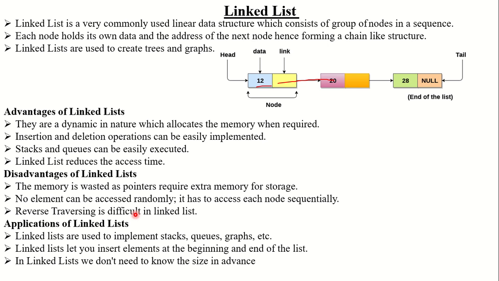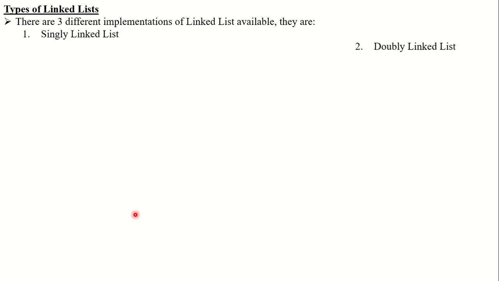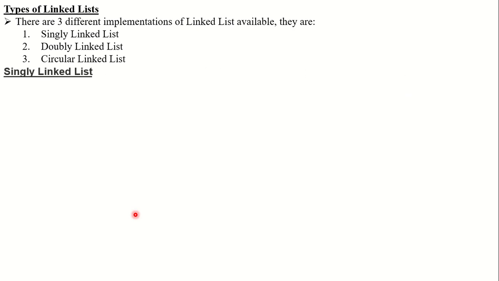There are some types of linked lists, which I already explained in my lectures. They are the singly linked list, doubly linked list, and circular linked list. These are the basic types. We can also make slight changes and create variations of them. We will discuss each one by one. Today we are going to discuss a little bit about the singly linked list, and in the next video we will discuss the programs and what operations can be implemented on the singly linked list.